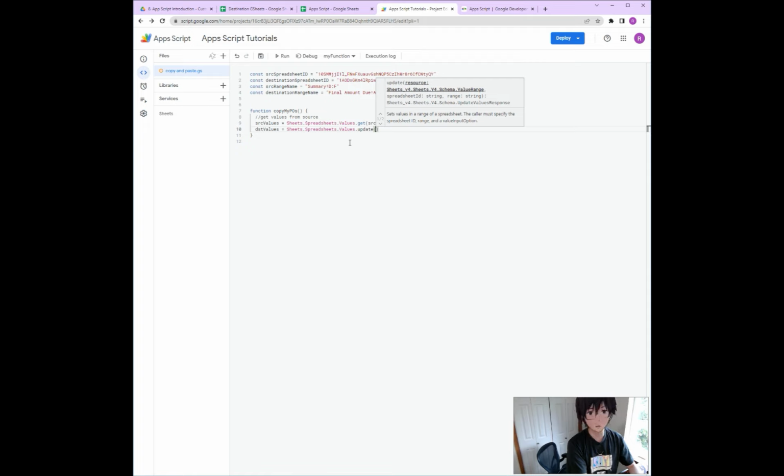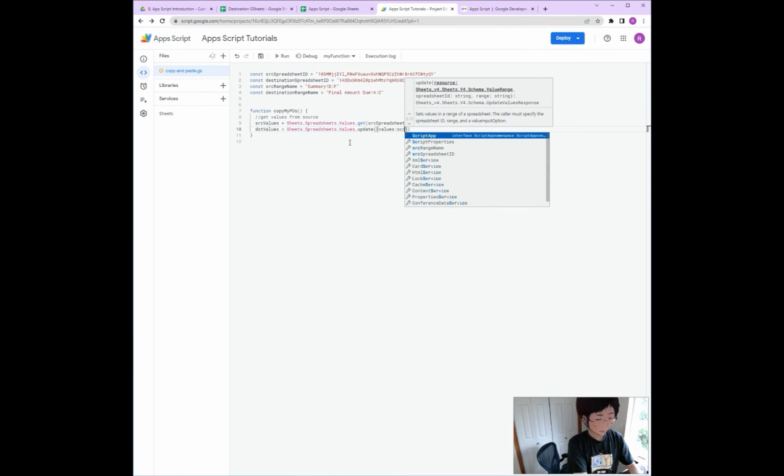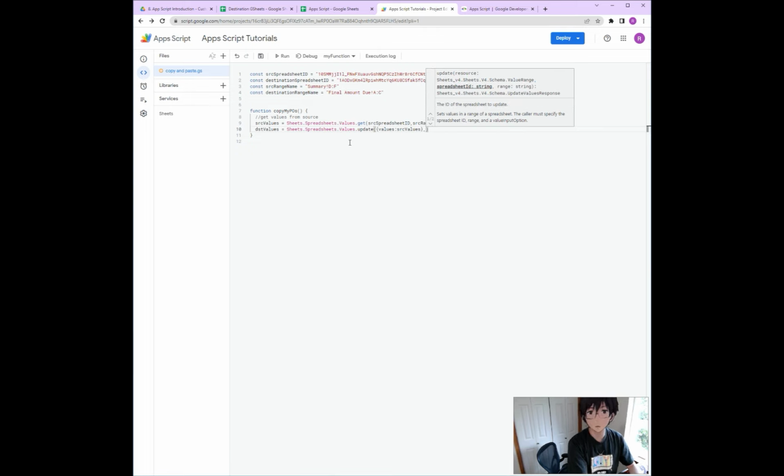I already have my source values defined in the step above, so I would simply say I want to pass values as source, and then I want to pass this to my destination spreadsheet